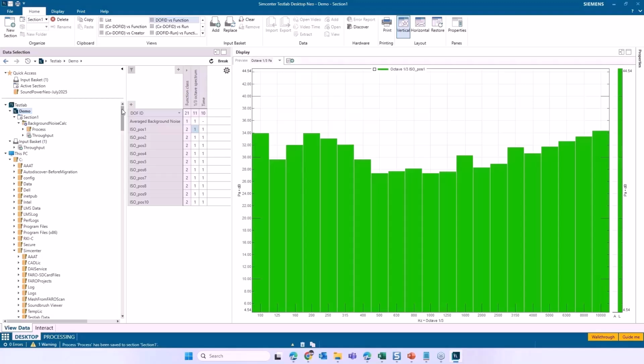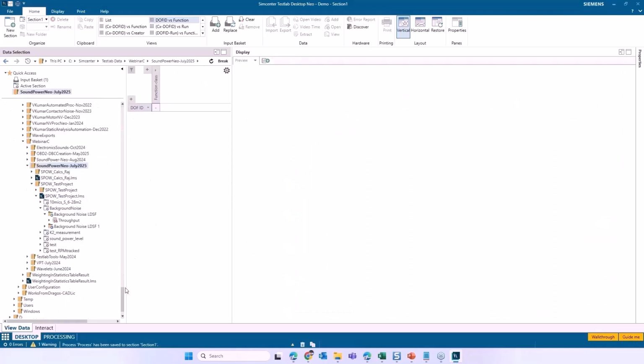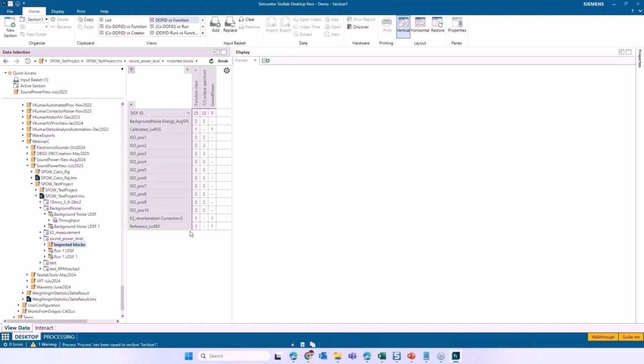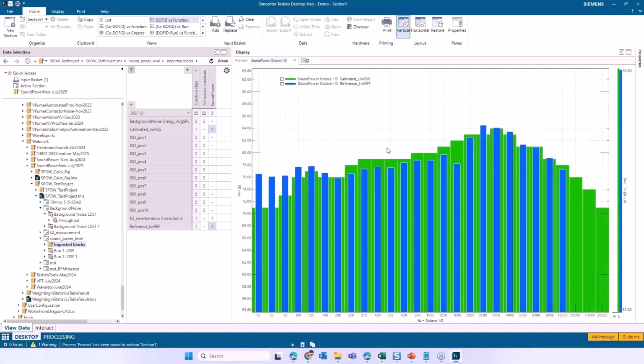For the K2 correction, there are two ways to do that. We have that measurement also for the K2. For the K2 measurement, we have the sound power of the reference source or the calibrated source, as provided by the vendor. Using these two pieces of information, we can compute the K2 correction factor.